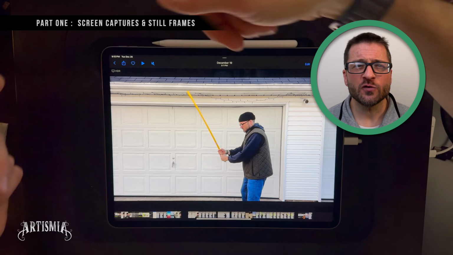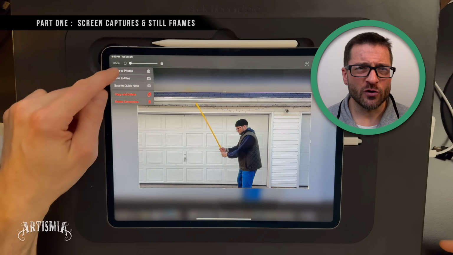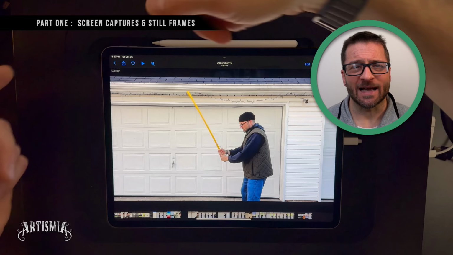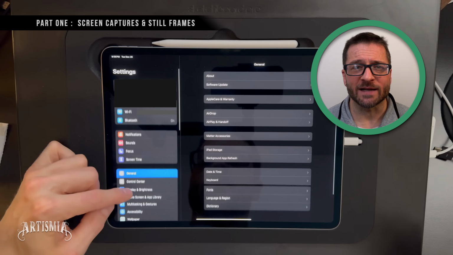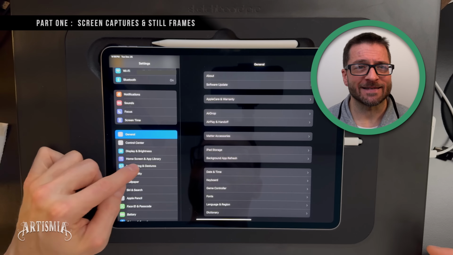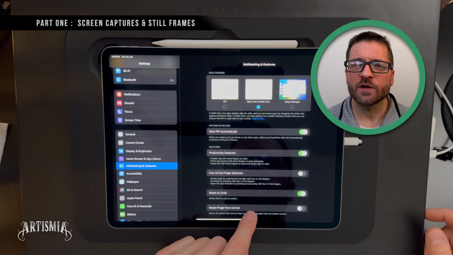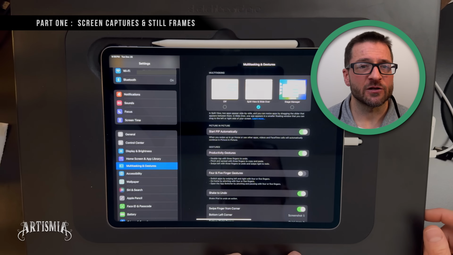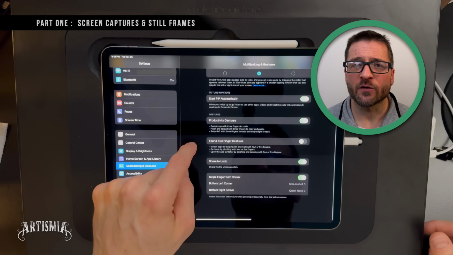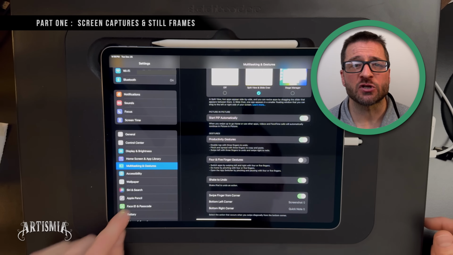To do this, a few screenshots or still frames from the original footage will be needed. Now, you could just press the power and volume button simultaneously to capture a screenshot of your actor. Or you can turn on corner capture in the multitasking and gesture settings of your iPad. To turn on corner capture, go to Settings and select Multitasking and Gestures. Toggle the swipe finger from corner to on, and now you can quickly capture still frame screenshots with just the